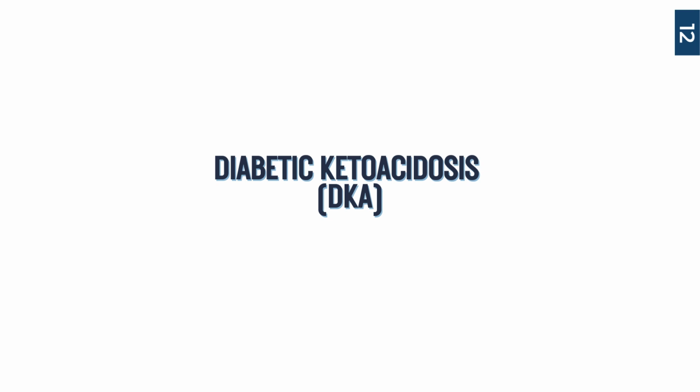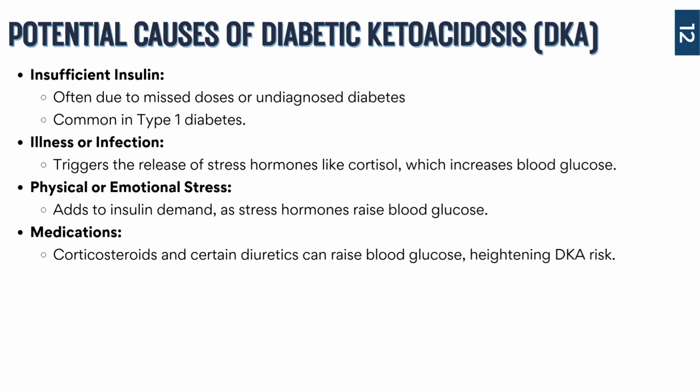Okay, let's get started. The first thing that we're going to be talking about is DKA, or diabetic ketoacidosis. When we talk about DKA, it's helpful to think of it as a state where the body is lacking insulin so severely that it starts breaking down fats for energy instead of glucose. Insulin is crucial for moving glucose from the bloodstream into the cells, where the cells can actually use it and break it down for energy. Without enough insulin, glucose builds up in the bloodstream of the patient, but the cells remain starved for energy.